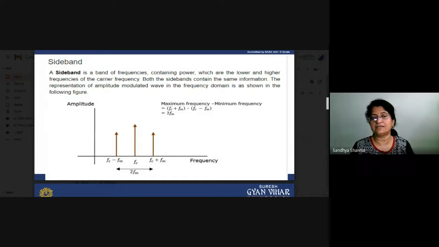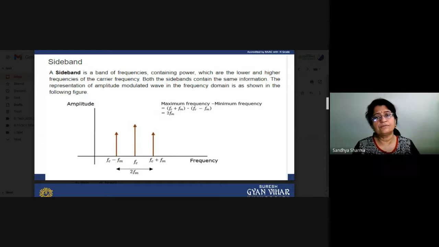the same information is contained in both sidebands, so you can transmit just one sideband and the information can still be transmitted. But there is a little problem in single sideband transmission, because the quality of the signal will not be up to the mark. To maintain the quality of signals, we transmit both sidebands, because lower frequency signals are distorted, and due to this some amount of information loss will occur in our modulated signals.